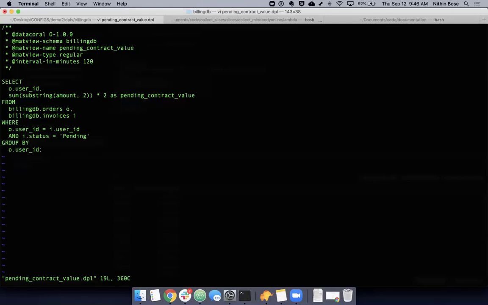Correct. And so what you've done is taken that exact same SQL that you had, put it into the structure. You added a few comments up top just to be able to illustrate how you want this to behave. And what we're saying is, I want this to run every 2 hours. I want this to pretty much recalculate every single time, and I'm giving it a name and a schema. Now I'm ready to go.